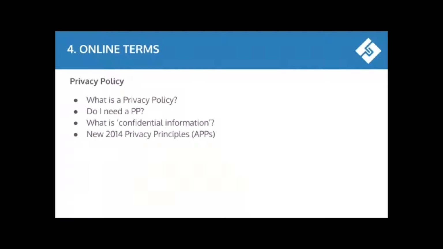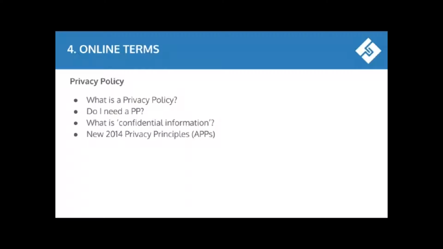The first one that I think is really important to have is a privacy policy. A privacy policy is a document that dictates how you collect, use, and store somebody's confidential information. If you're running a website these days, you're usually collecting things like email addresses and people's names for newsletters. You might be collecting confidential information, and this could be age, address or phone number. You might also be, if you're running an e-commerce store, collecting credit card information. So it's really important that you stipulate where that information is being kept,